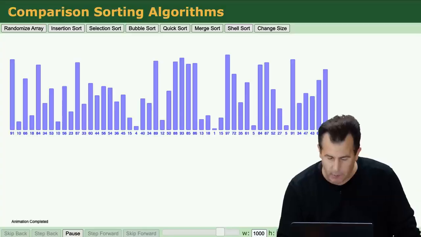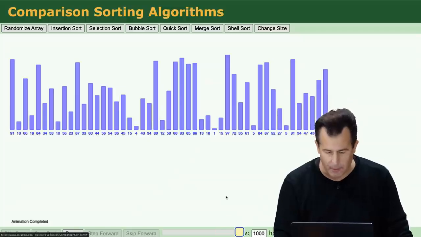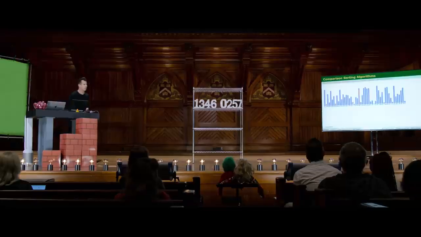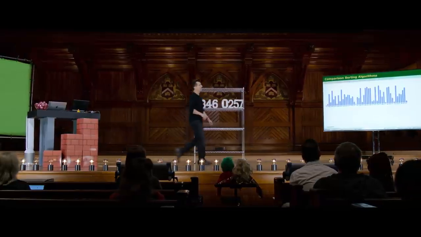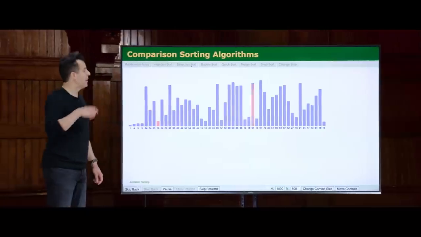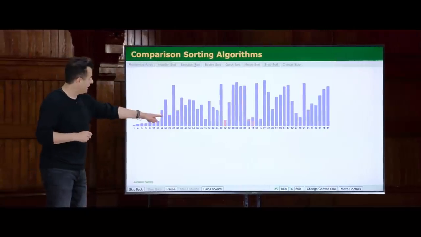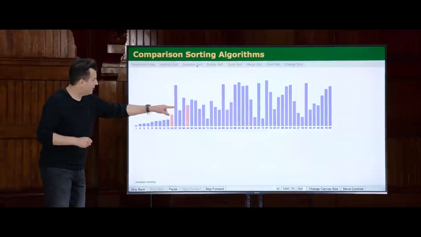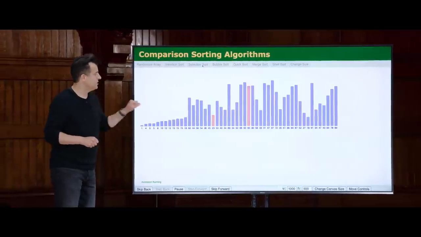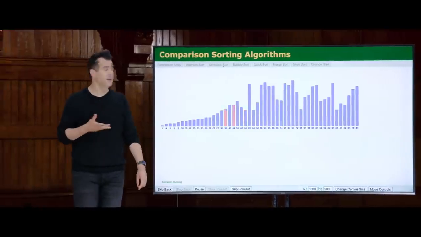What I'm going to do at the bottom of my screen here, there's some little playback controls. I'm going to go ahead and speed up the animation a little bit. And I'm going to go ahead on the top now and click selection sort. And what's going to happen iteratively from left to right is that they are using pink, just as I was using my mind to remember which is the then smallest element. And you'll see that it fixates in pink which the then smallest is, and then moves it to the left, moves it to the left, moves it to the left. And this just goes on again and again.